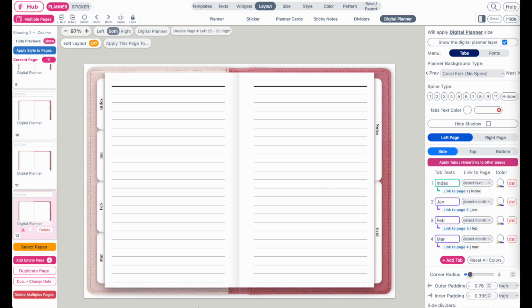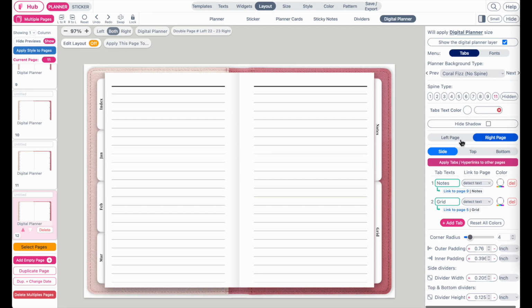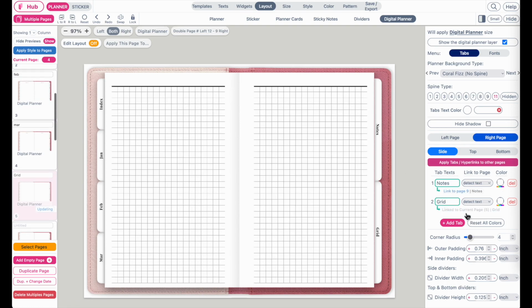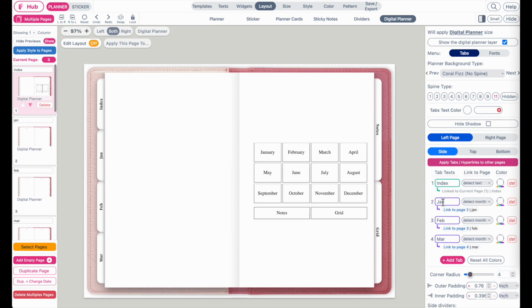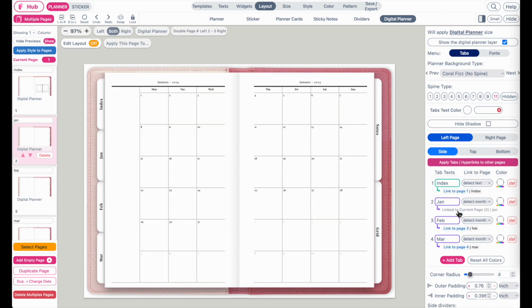So now that we have created all pages, we can now check here if everything looks right. If we click on notes, it goes to notes. If we click on grid, it goes to grid. If we click on index, it goes to index. January, February,